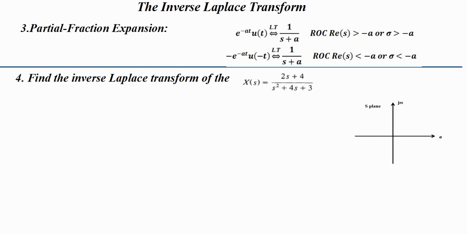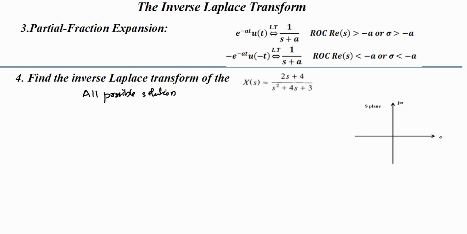Now we'll do another question. Find the inverse Laplace transform of the signal. It is the same question, but there is no ROC. In the previous case, some ROC was given. In this particular question, no ROC is given, which means we need to find all possible solutions. This is a typical question. In this way you can also expect the question: find all possible solutions. Otherwise, find the inverse Laplace transform of the signal.